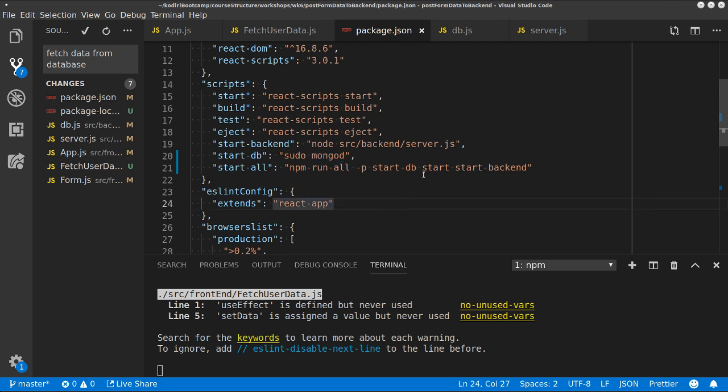To connect to Mongo, I needed to start my Mongo server so that I could make connections to either local or remote databases. So that's why I've added in my package.json a start DB script. And then I invoke that the same way that you've been doing with npm run all in parallel. So rather than now just starting the front end and the back end, we're also starting our database handler, yeah? So now that we've got that set up,